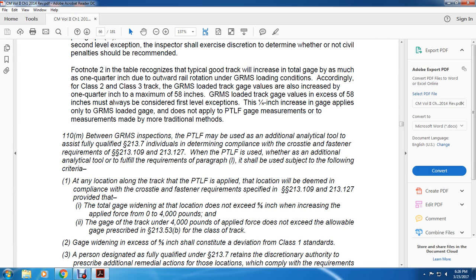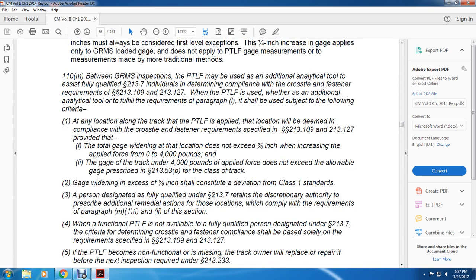This 1/4 inch increase in the gauge will apply only to the gauge resistant measurement system load gauge. It does not apply to the portable track loading fixture gauge resistant measurement or to measurements made with the traditional methods. Between the gauge resistant measurement inspection, the portable track loading fixture may be used with additional and analytical